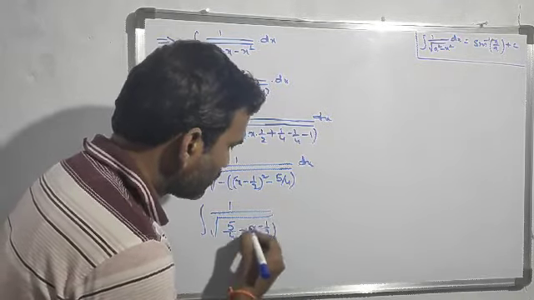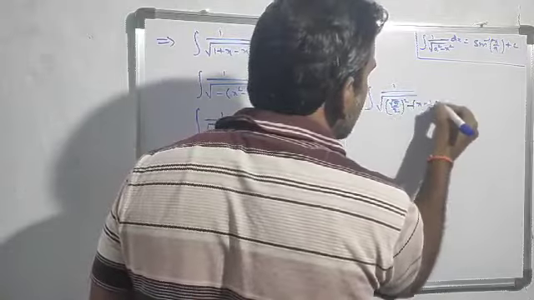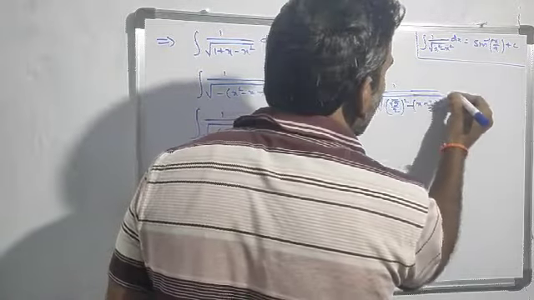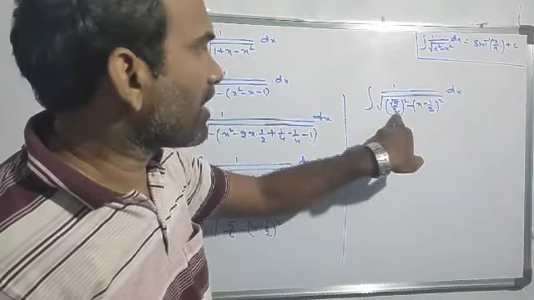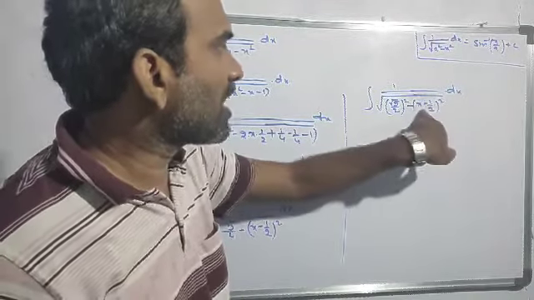Understand? So it is in the form of a square minus x square. This is the first degree polynomial. So you can consider like that also, no problem. I will write it like this: integration of 1 by square root of 5 by 4, I can write that as root 5 by 2 whole square minus x minus 1 by 2 whole square. Now observe that in the place of a you are having root 5 by 2. In the place of x you are having x minus 1 by 2. It is also a first degree polynomial. So I will directly apply the formula.